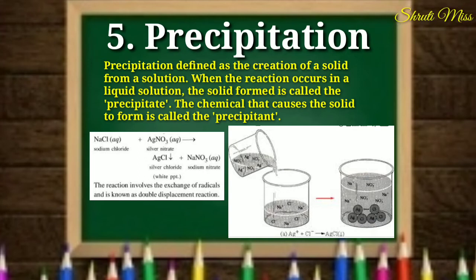Here is the reaction, NaCl plus AgNO3 makes AgCl plus NaNO3. When we mix NaCl into AgNO3, then after the product creation we can see that AgCl, in the form of white PPT, will be at the bottom of the glass, while NaNO3, sodium nitrate, remains as a precipitant in the glass. So the AgCl is the precipitate while NaNO3 is the precipitant. Okay, so these are the characteristics of the chemical reaction.